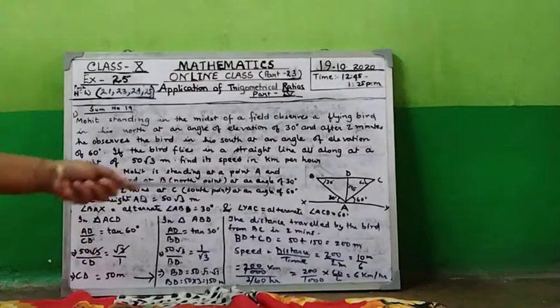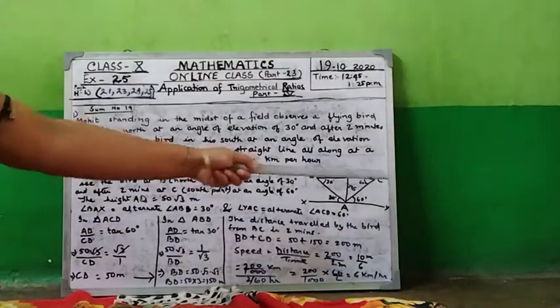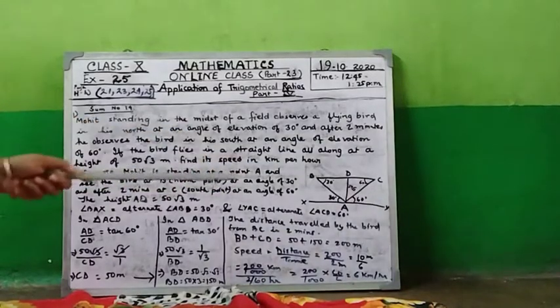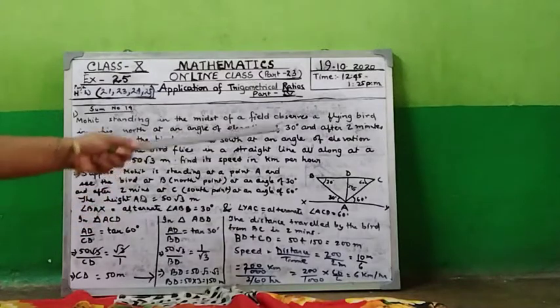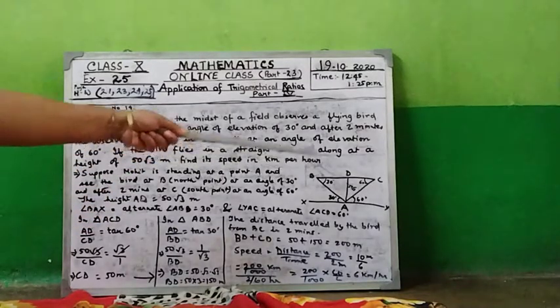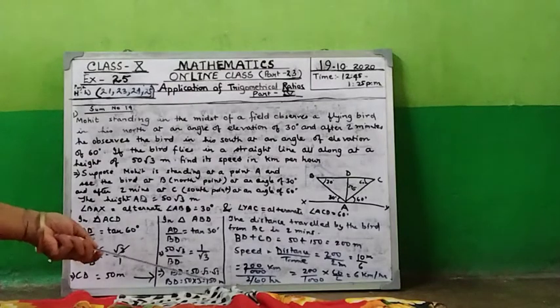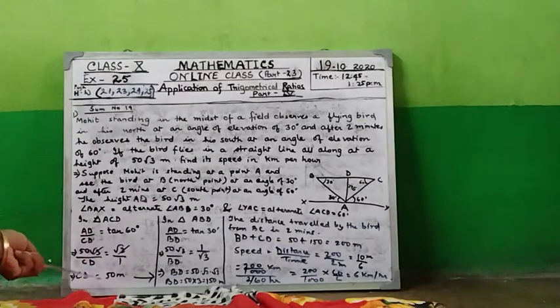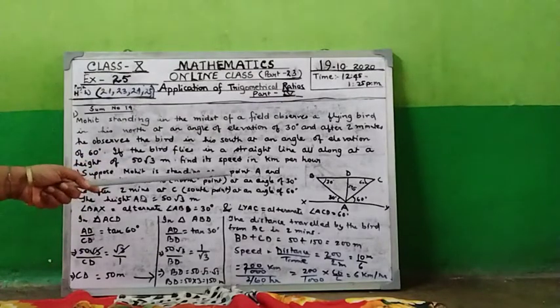Now, so we got the distance total travelled from BD to DC. That means from B to C. So distance travelled by the bird from B to C in 2 minutes. That is distance of BD and distance of DC. Distance of BD is 150 meter and CD is equal to 50 meter. Now in this sum there is a trick.